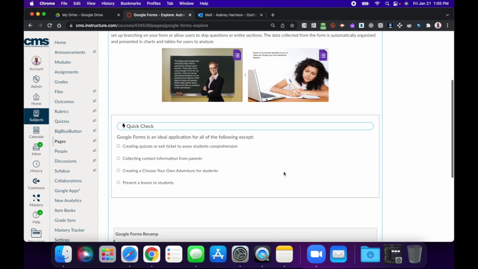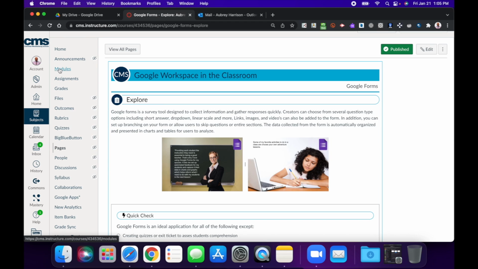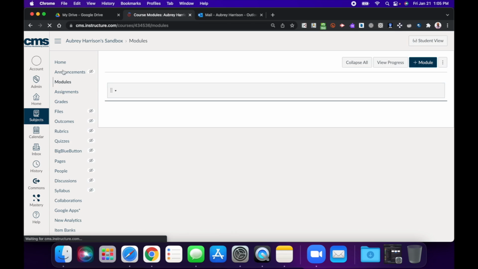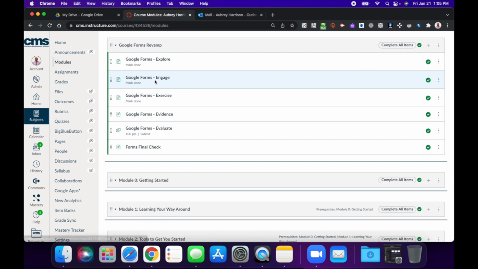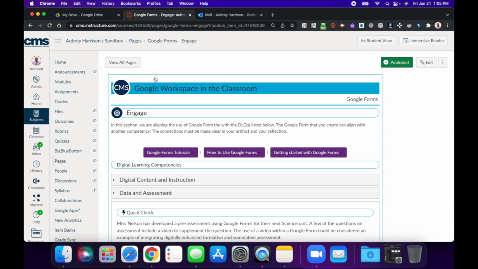Once we press save at the bottom, our module item detail list will display here. And then we can repeat this for multiple items in our module. So I could go to the next page. If I wanted to, I could click on this page and repeat the process again. Open the page, select edit,